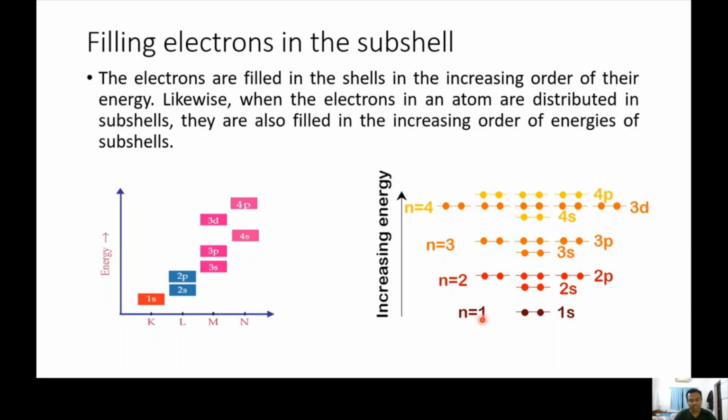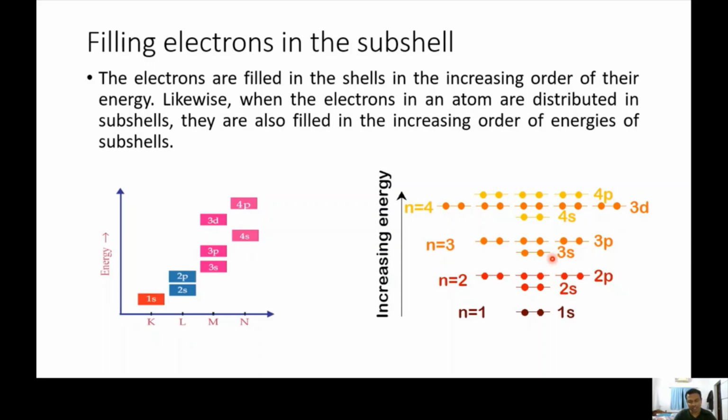The lowest energy shell is n equal to 1. There, 1s is present, so 2 electrons can be accommodated in that 1s. Then the next 2 electrons will go to 2s. And a maximum of 6 electrons can be accommodated in p,